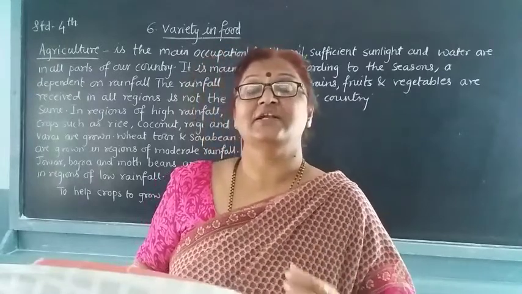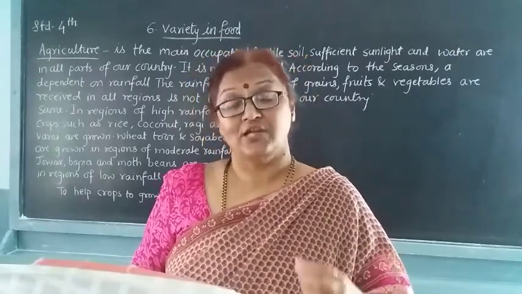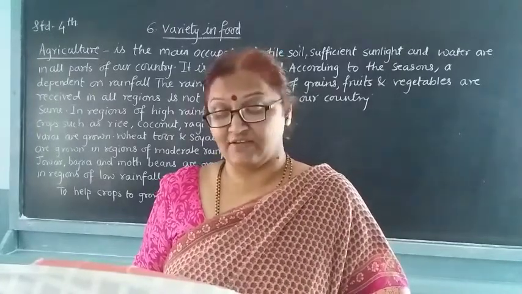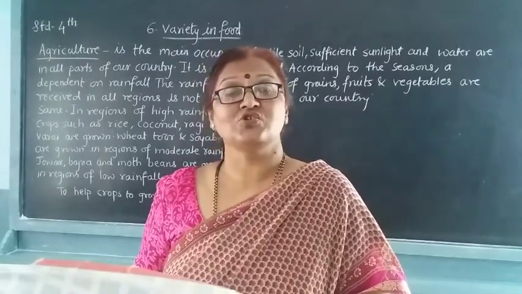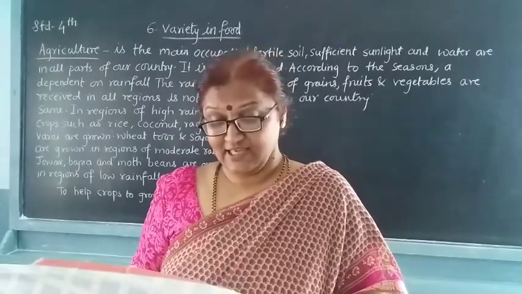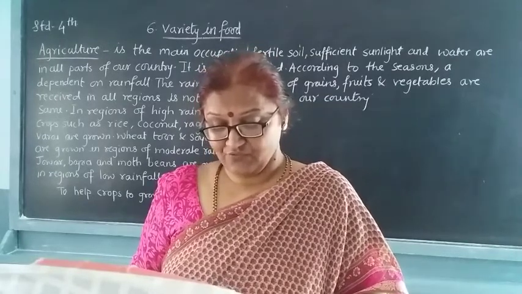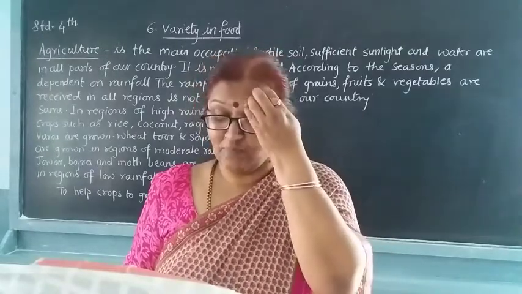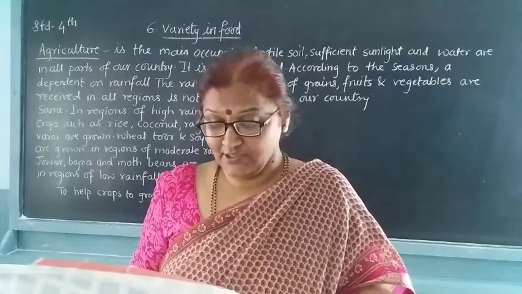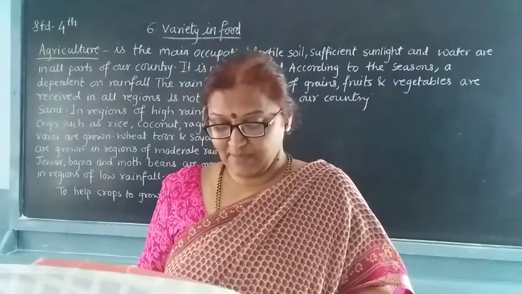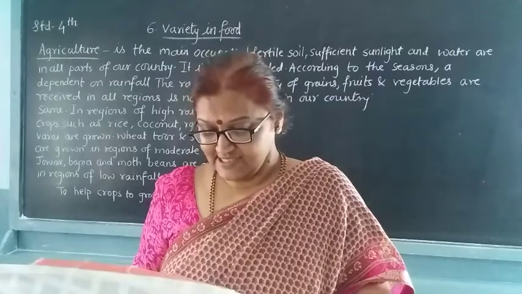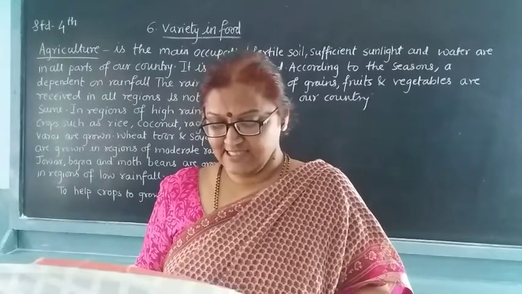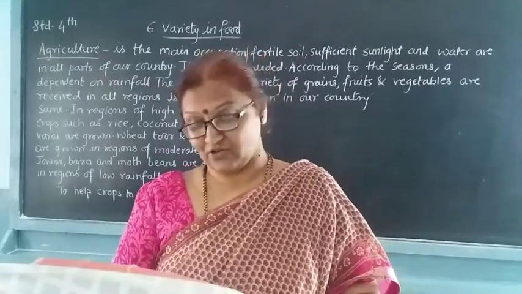Whenever you see, a particular crop is grown in a particular region only. Which food is grown on a large scale in a coastal region? In the coastal region, most of the rice plant is grown. Then see, which food crops are grown in North India? In North India, most of the wheat is grown. Then see, which is the major food crop in the central region? That is jowar. Then see, rice is grown on a large scale in the southern part of India.